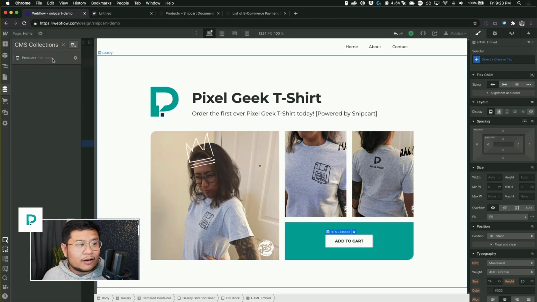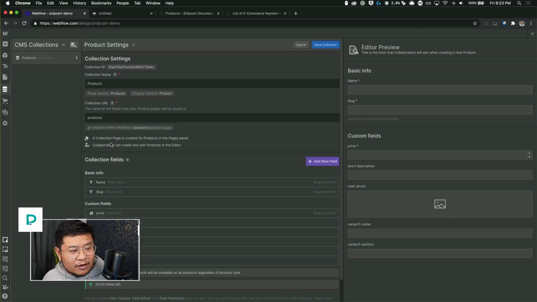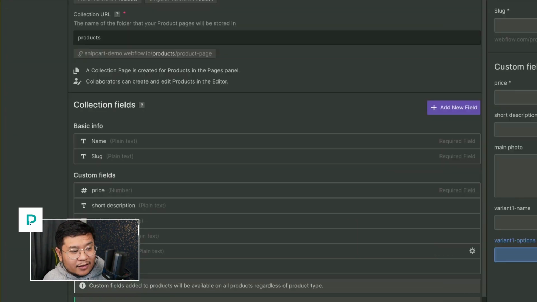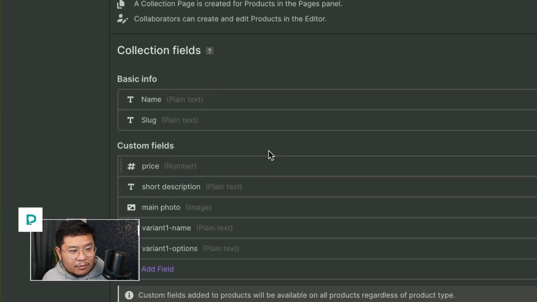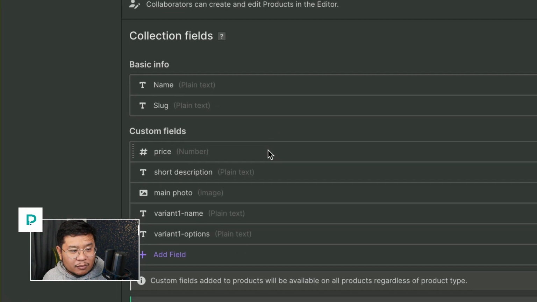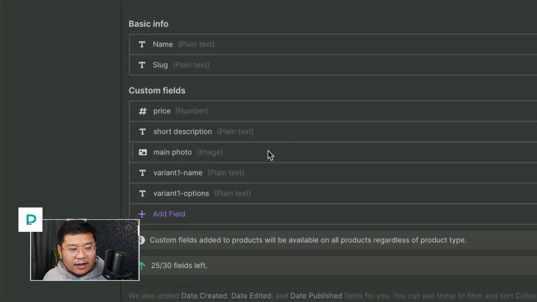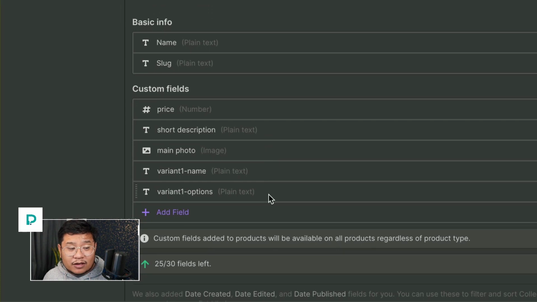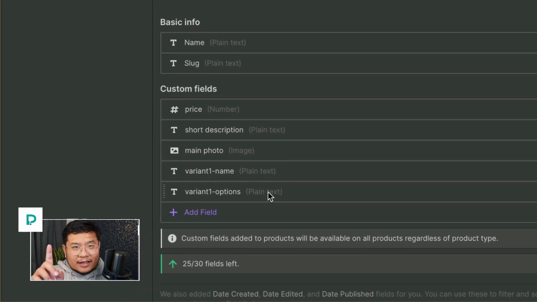So I've created a collection named products, and here are the collection fields that I've created. I have name, slug, the price, a short description, a main photo, and variant name one and variant one options. I'll get to those in a second. All right.